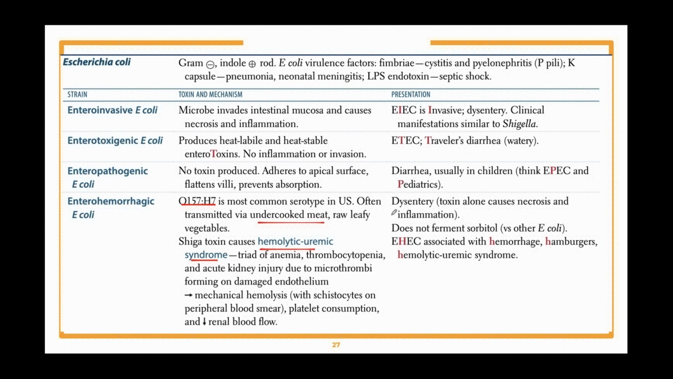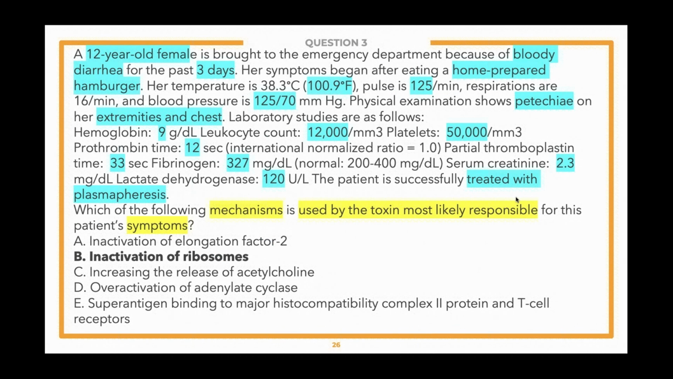If we take a look at the other answer choices, most of those are just distractors. Okay? If we take a look at answer choice E, the long answer choice, superantigen binding, that was talking about toxic shock syndrome caused by Staph aureus. Okay? So a little bit different than what's going on here. We'll take a look at those answer choices once again, and then